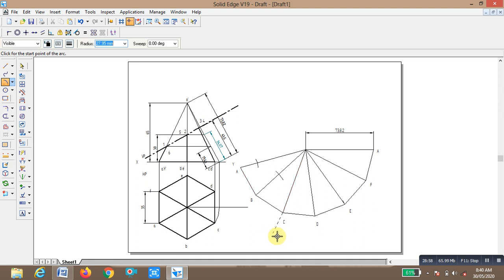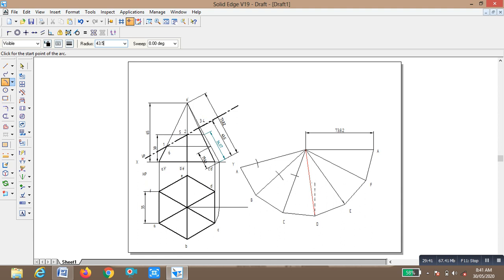Again C and D are the same height. On D arc by center point, C and D are in the same line, again that arc is 43.5, enter. Arc by center point at this point 43.5, enter.